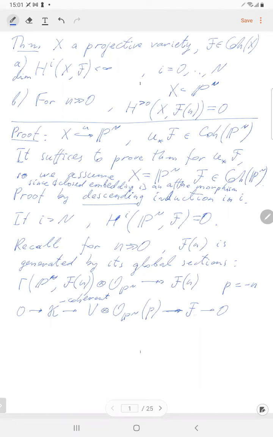We're interested in cohomology of F, but in the middle you have some vector space V, which contributes only multiplicity, and some invertible sheaf that may be very negative. Yeah, and we know that any invertible sheaf can only have cohomology in degree 0 or capital N. In fact, if it's negative, then it's only in one degree, capital N, only the highest cohomology, right? And then from this long exact sequence of cohomology associated to this short exact sequence, we obtain that